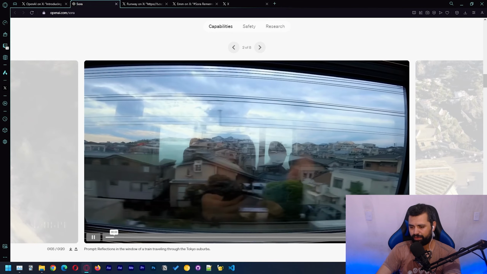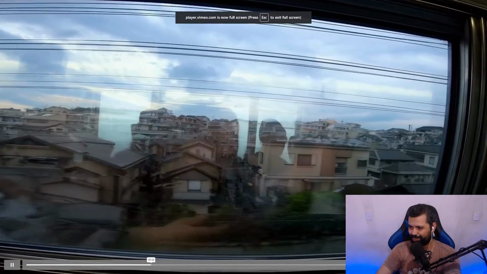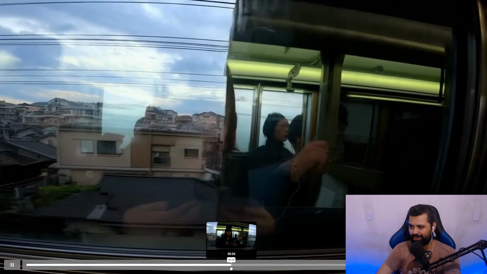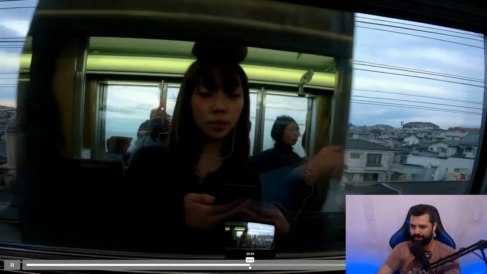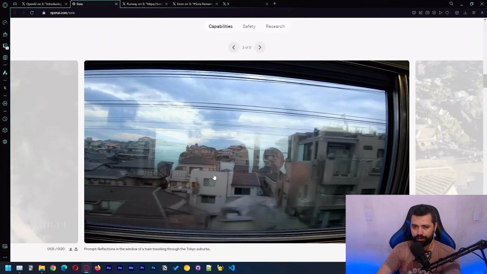Like this one, it shows that the model is capable of doing reflections, dude. And we can see the person that it generated right here, and the people in the background. Dude, this just breaks so many things in the world, having such a capable model.